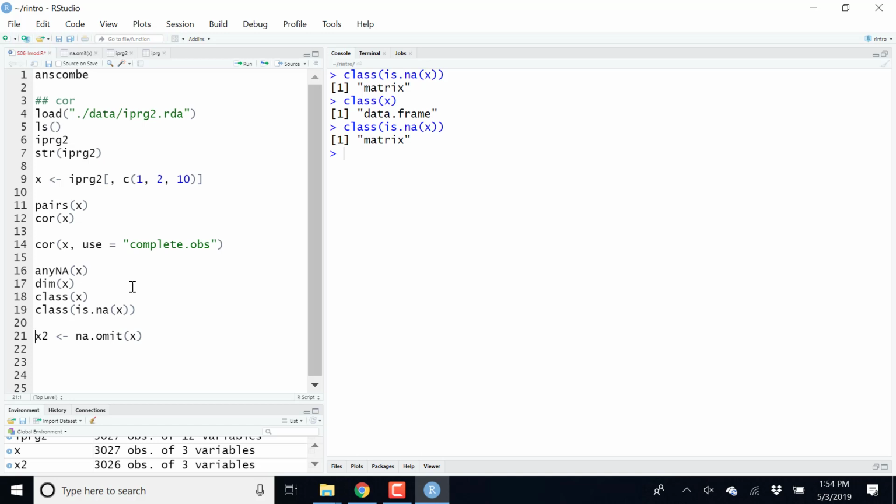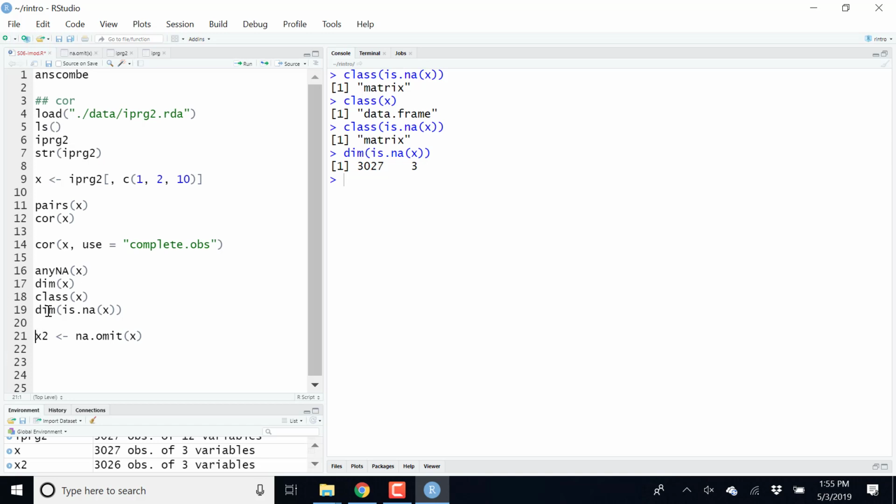The difference between a matrix and a data frame is that a data frame can have columns of different types, characters, factors, numbers, whereas in a matrix, everything has to be the same. But what is important is that if I look at the dimensions of this, we still have the same dimensions. So it's the same rectangular data structure,